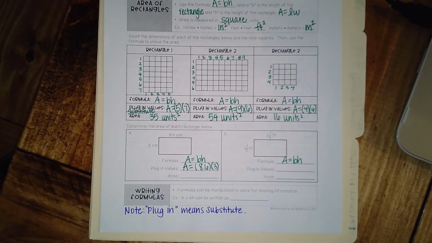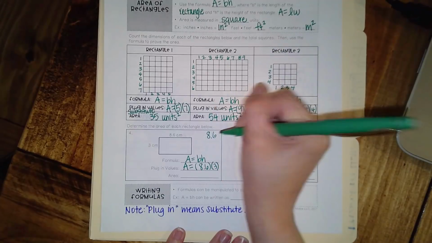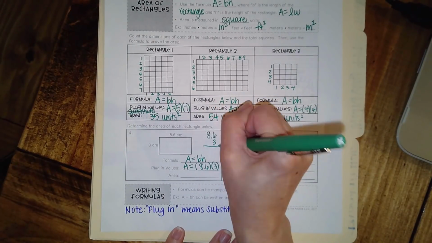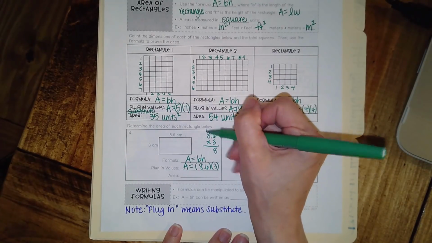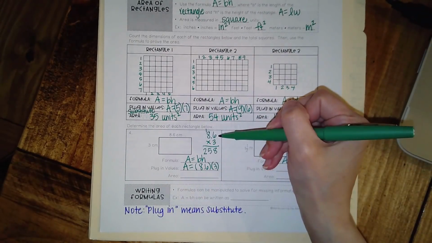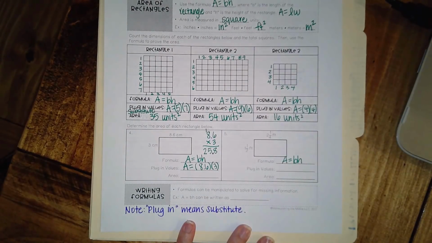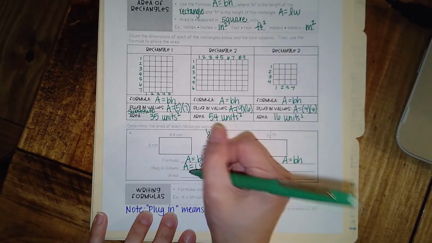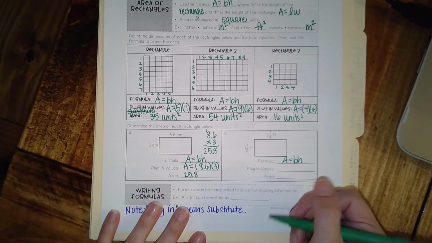Now, when you're setting up multiplication problems, the number with the most digits is the one that goes on top. So since 8.6 has more digits, when I set this up as a multiplication problem, that would go on top. So 8.6 times 3. 3 times 6 is 18. Carry the 1. 3 times 8 is 24 plus the 1. That gives 258. However, there is one digit behind the decimal in this multiplication problem, so there is one digit behind the decimal in my product. So the area of this rectangle is actually 25.8, and then it was centimeters times centimeters, so that's a